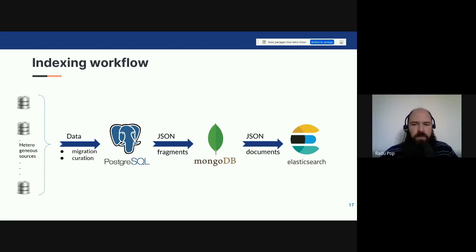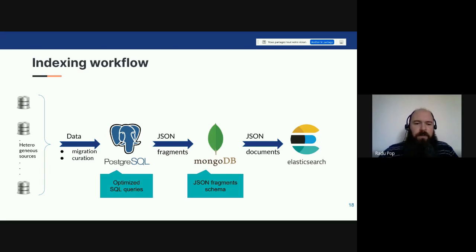And then, based on a specific schema of these fragments, we defined the indexing process directly into Elasticsearch documents. So the two main actions specific to our indexing workflow were to optimize, in the first step, the SQL queries in the PostgreSQL database, and also to define a flexible schema for the JSON fragments.